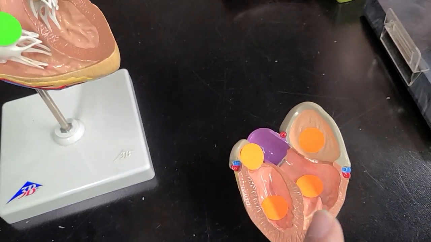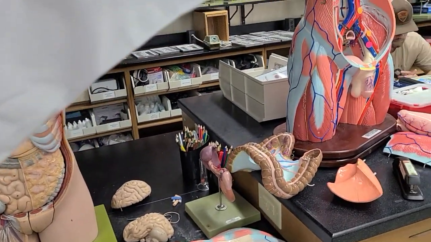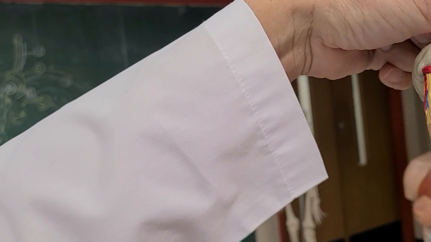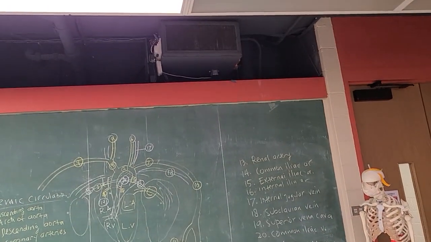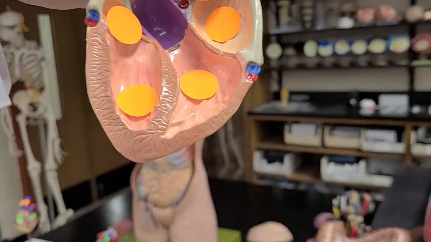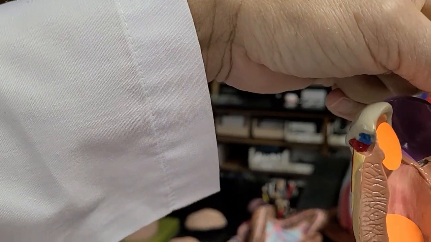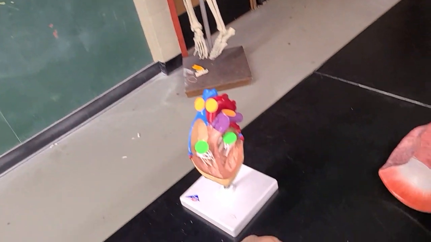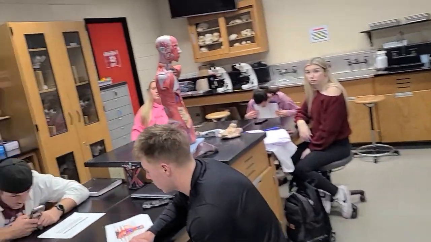So I open that. How do you know, if I just put this by itself, which one is left and which one is right? Look at the muscle. This one is going to be the left ventricle because of the thicker muscle. This one has thinner muscle, so it's going to be the right ventricle. So make sure you understand this. If I put this by itself somewhere in the corner, for example, you have to know which chamber this is, whether left atrium, left ventricle, or right ventricle. The same thing with this, and also this.